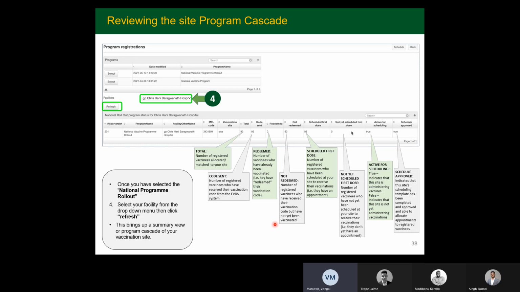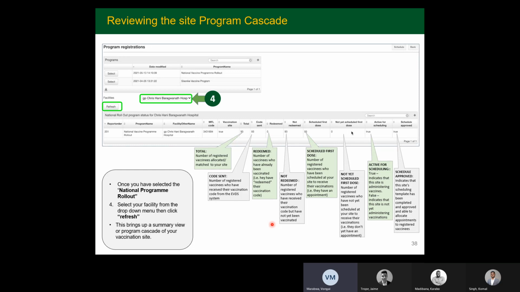However, scheduled first dose means that they have been given appointments and they should be coming in the coming days. If, for instance, that redeemed number was 93, then that would mean that in your area, if there was 93 people who'd signed up to be vaccinated, and you'd vaccinated all 93, then it means that you've